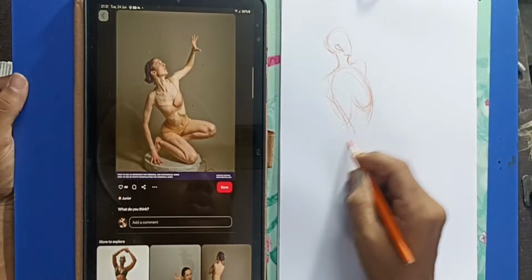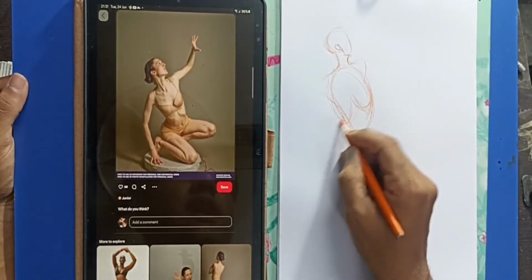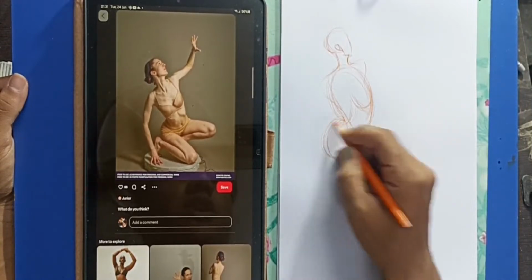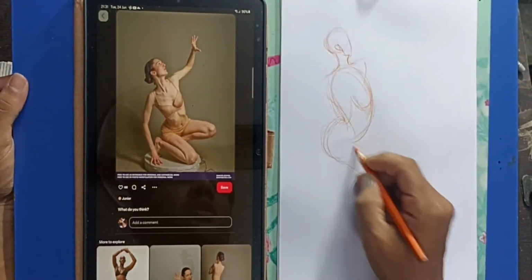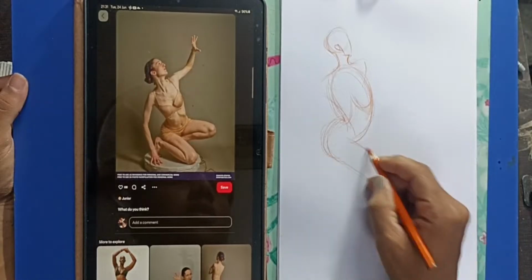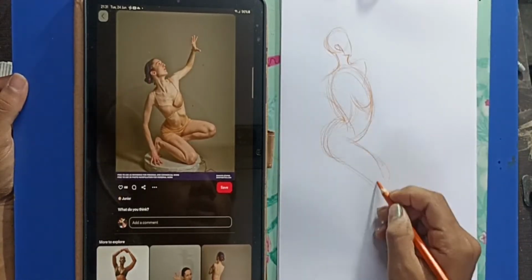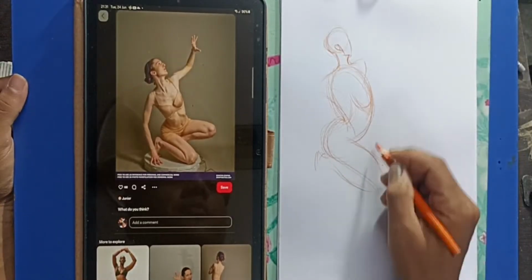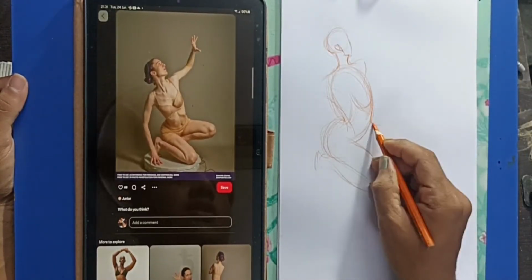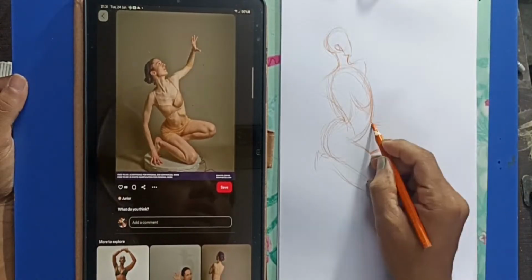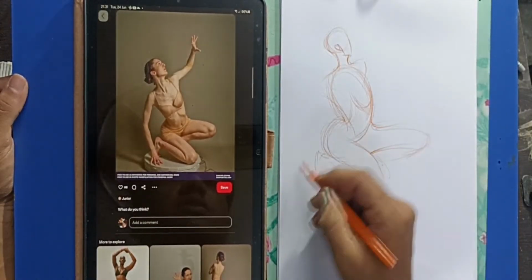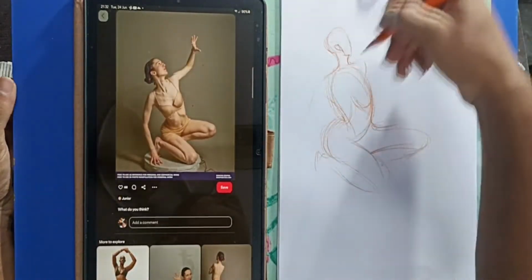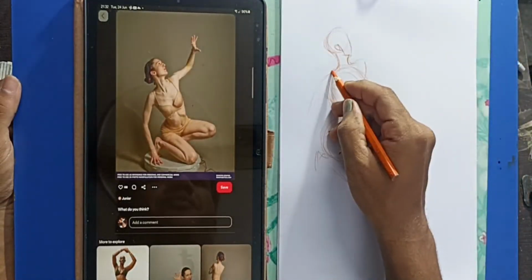This is a very quick process of understanding the gesture of female anatomy. Here you can see I'm not very much concerned about the folds of legs and all. I'm just capturing the movement, basically the gesture of the anatomy, something like this, with very flow. You can see here the flow of my pencil,